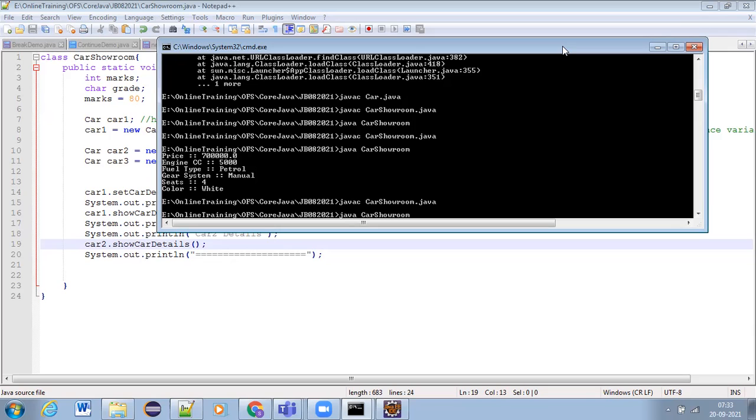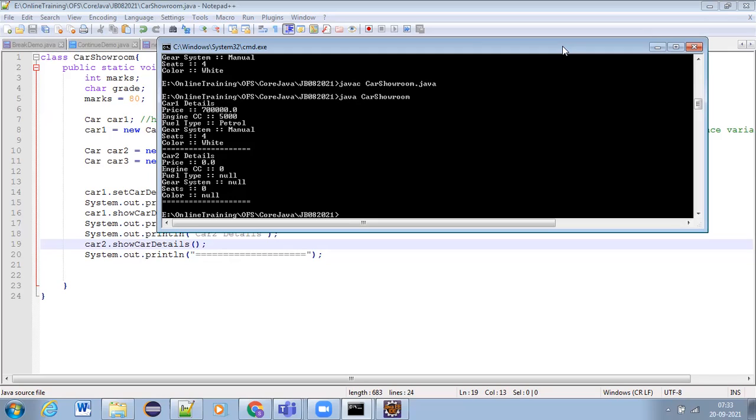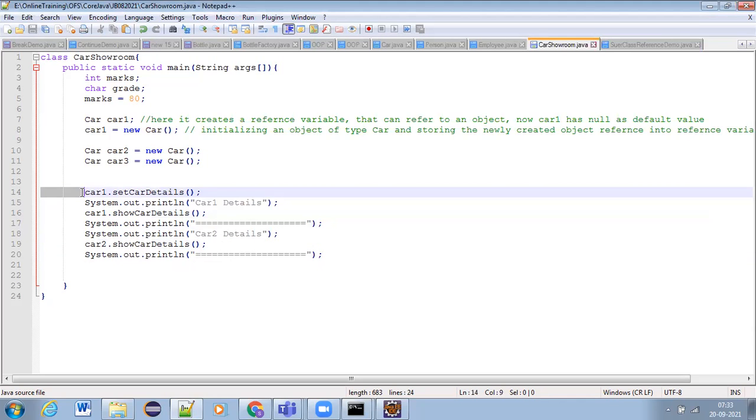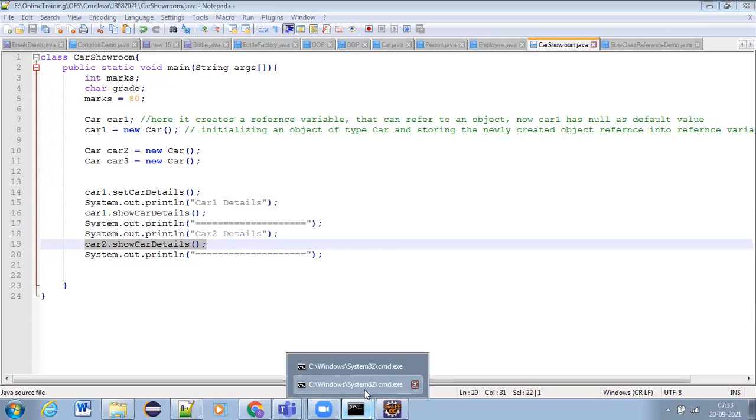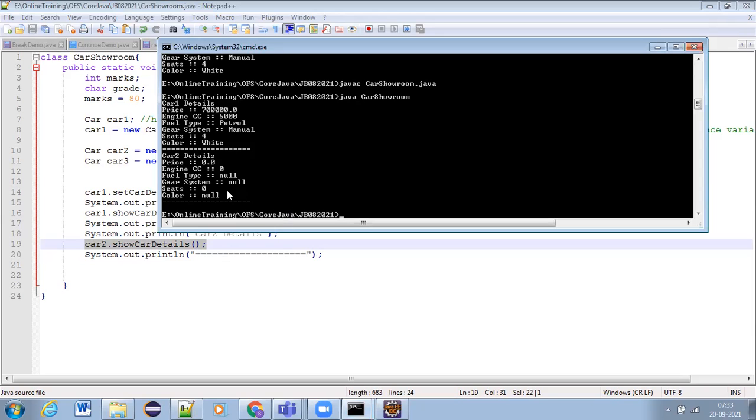Yes, sir. Now observe how, when we are using, what is the behavior? See, for car1 details, we have told set the details for car1. So the data that we have stored is presented on car1 only. But here, without setting any data to the car2, we are trying to display car2 details.